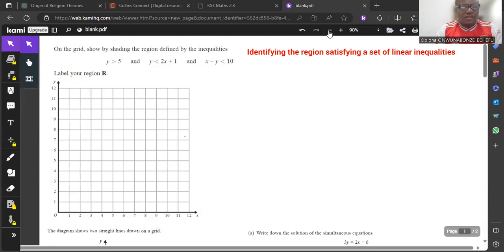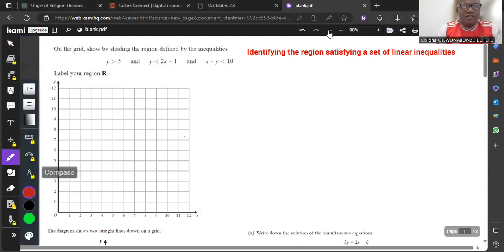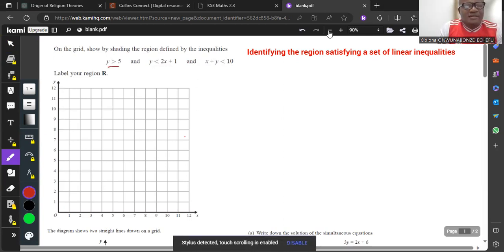In this video, I will be showing you how to identify the region satisfying a set of linear inequalities. Then after that, I will also show you how to identify the inequalities that satisfy a given region. So when you're given three inequalities like this,